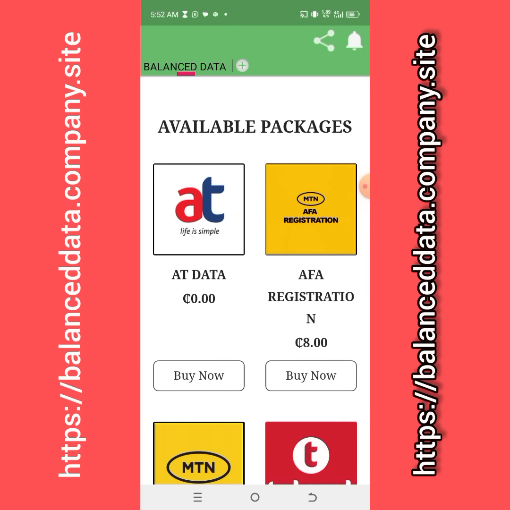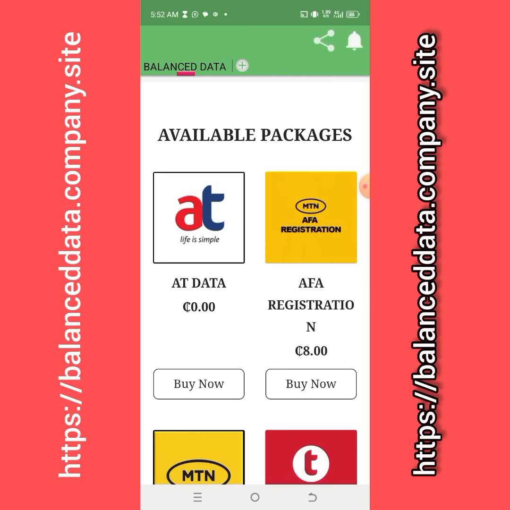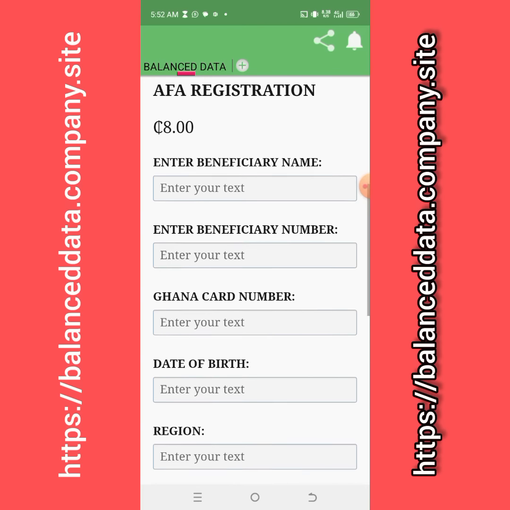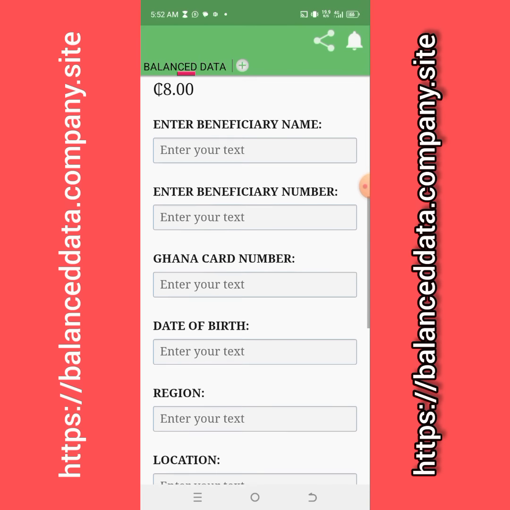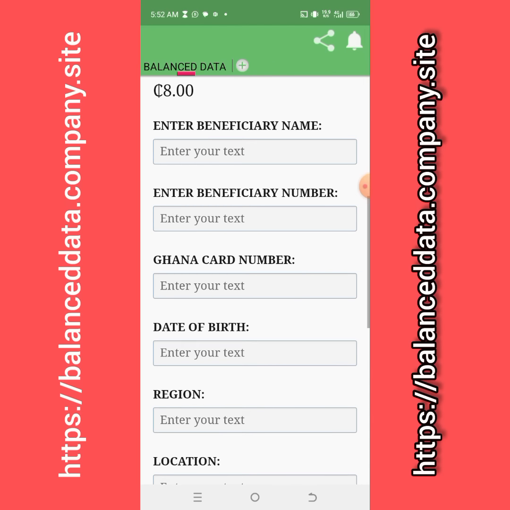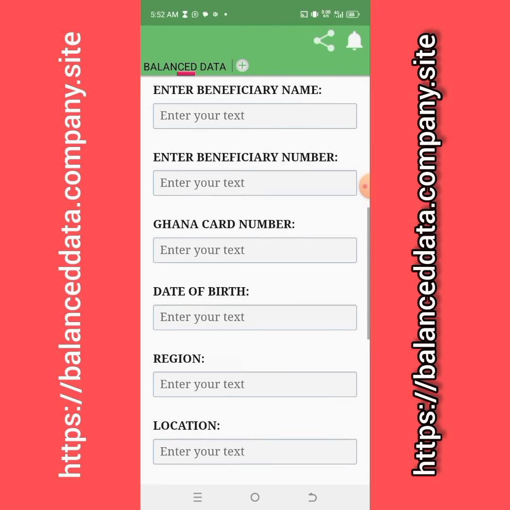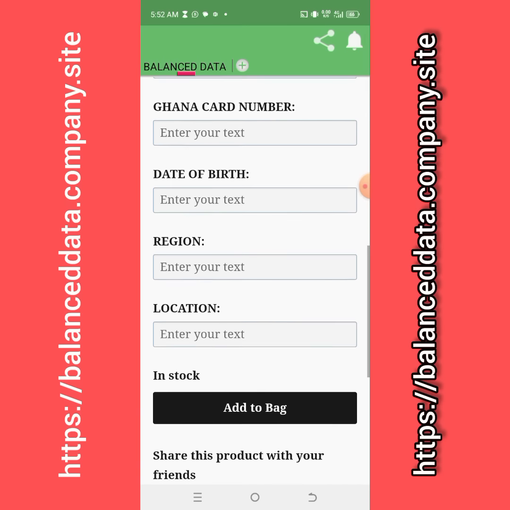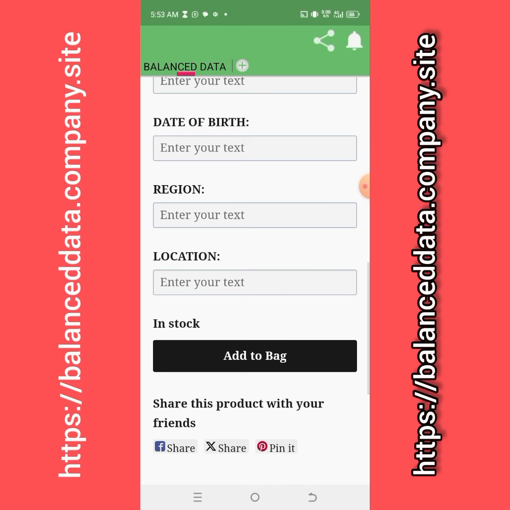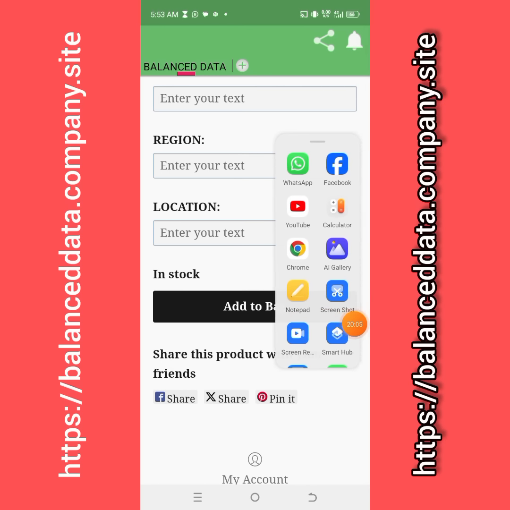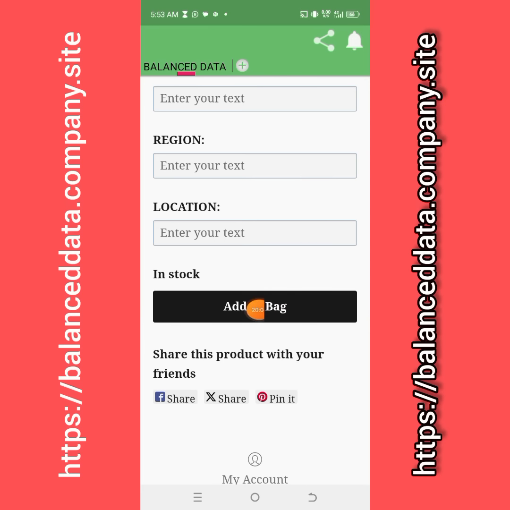So let's go to the AFA registration side. When you click on the AFA registration logo, it should take you to this new page here. So you enter the beneficiary number, the beneficiary name, the Ghana card number, the date of birth, the region, and the location. After everything, you follow the same procedure to place the AFA order